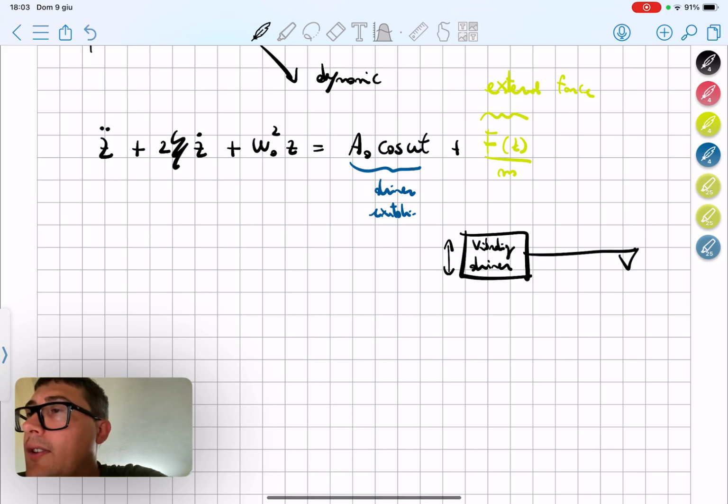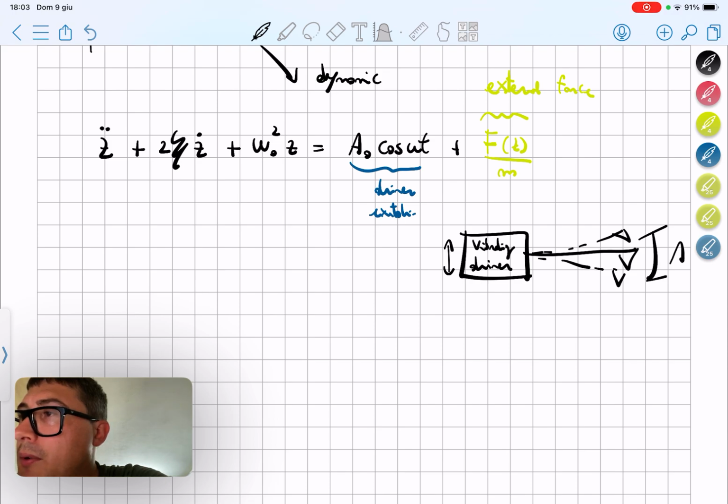So the cantilever is vibrating with a certain amplitude. Okay, and everything is described by this equation of motion of the damped harmonic oscillator, forced and